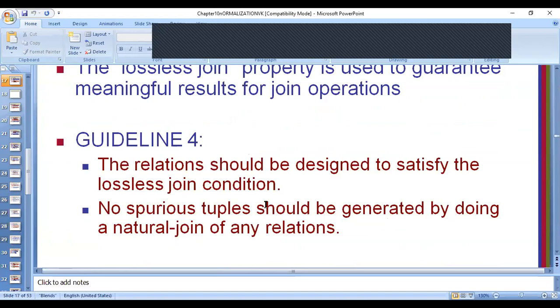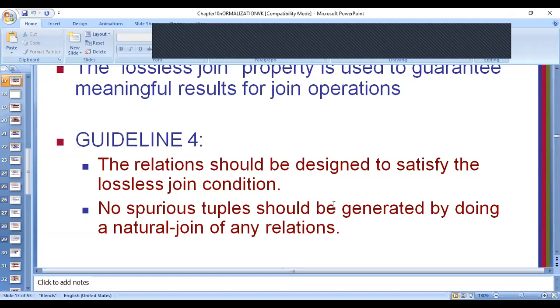When we have ideal tables, with proper bifurcation, different tables in our database, and proper relationships created between them, then when we retrieve values from multiple tables with the help of joins, the join will not create unwanted rows. Those unwanted rows are called spurious tuples.